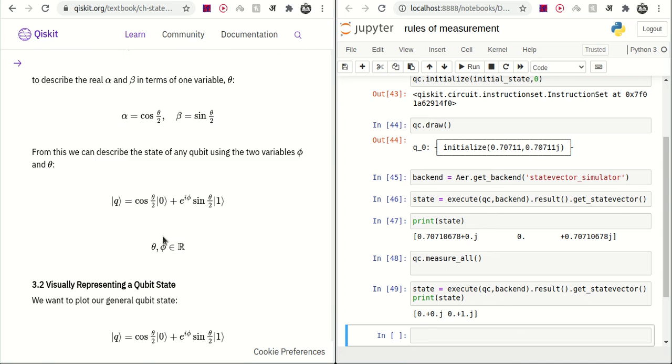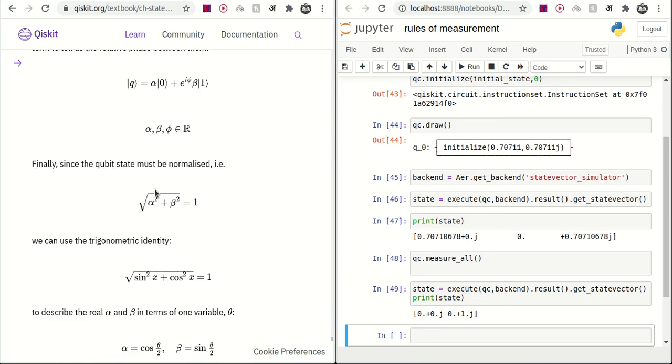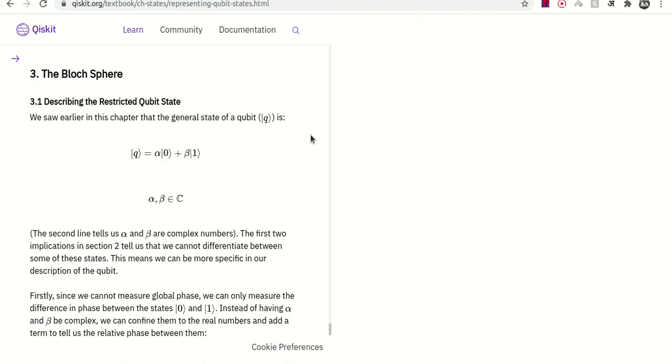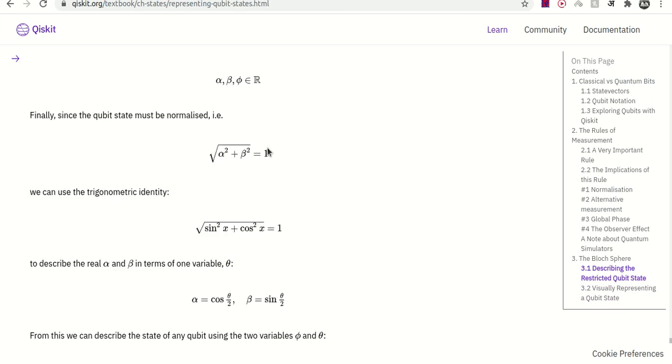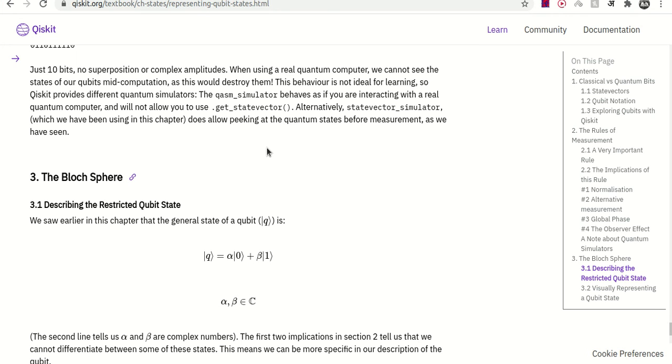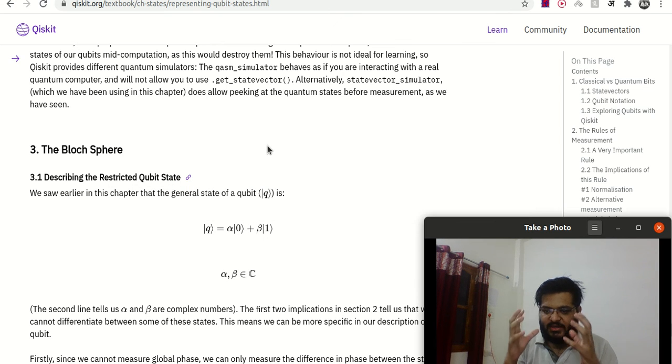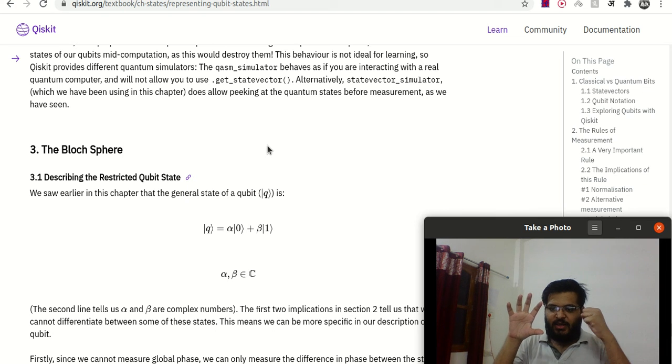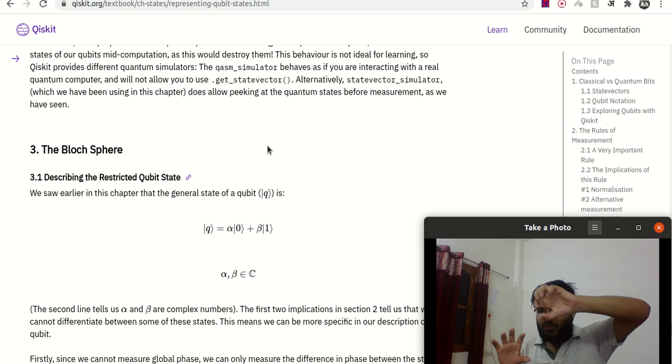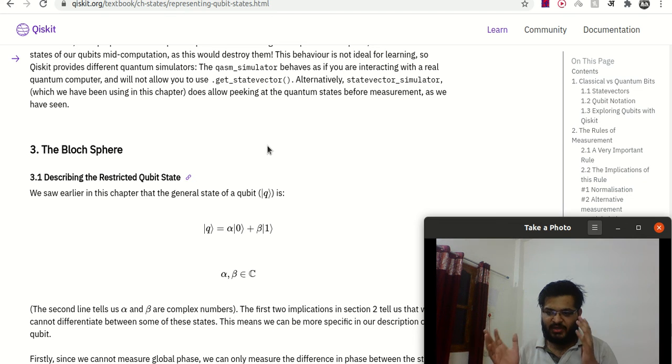So this is the Bloch sphere. The Bloch sphere is very important, so we will study this in detail. The Bloch sphere describes a restricted qubit state. Suppose we have a qubit or a photon. What a gate does is rotate the Bloch sphere of the qubit. The state can be 0 or 1, plus or minus, or horizontal, anti-diagonal or diagonal. But what a gate does is rotate the Bloch sphere along some axis. We'll see how it happens.